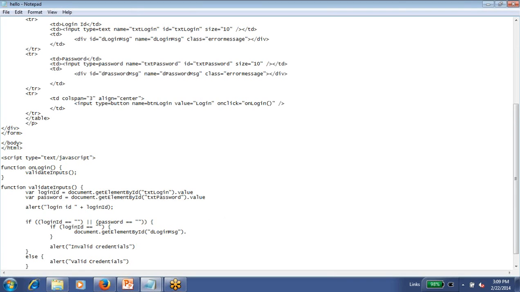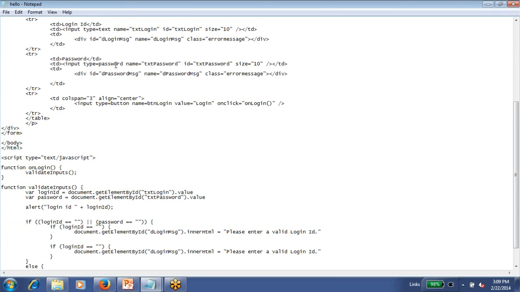And the object model gives me a property called innerHTML, and I can just say, okay. So as you can see here, using the JavaScript object model that's exposed by the browser, I'm retrieving this element and I'm dynamically inserting this particular text in there. Similarly, for password, I want to display a similar message, and for password,